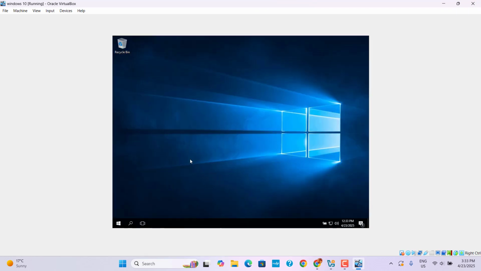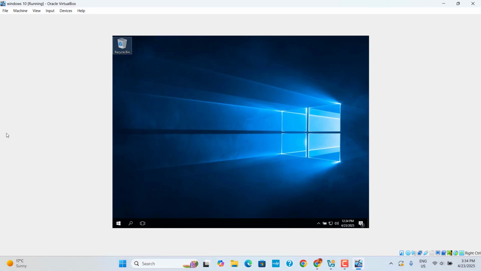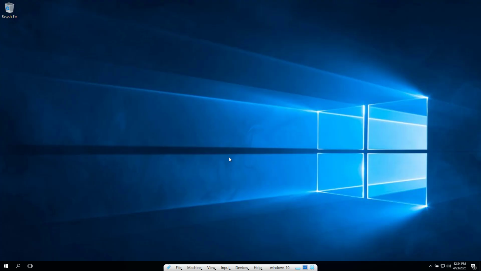Here it is, screen too small. Yeah, if you install this guest additions CD, you can make this screen big. Let's say full screen mode. Okay, here. Okay,